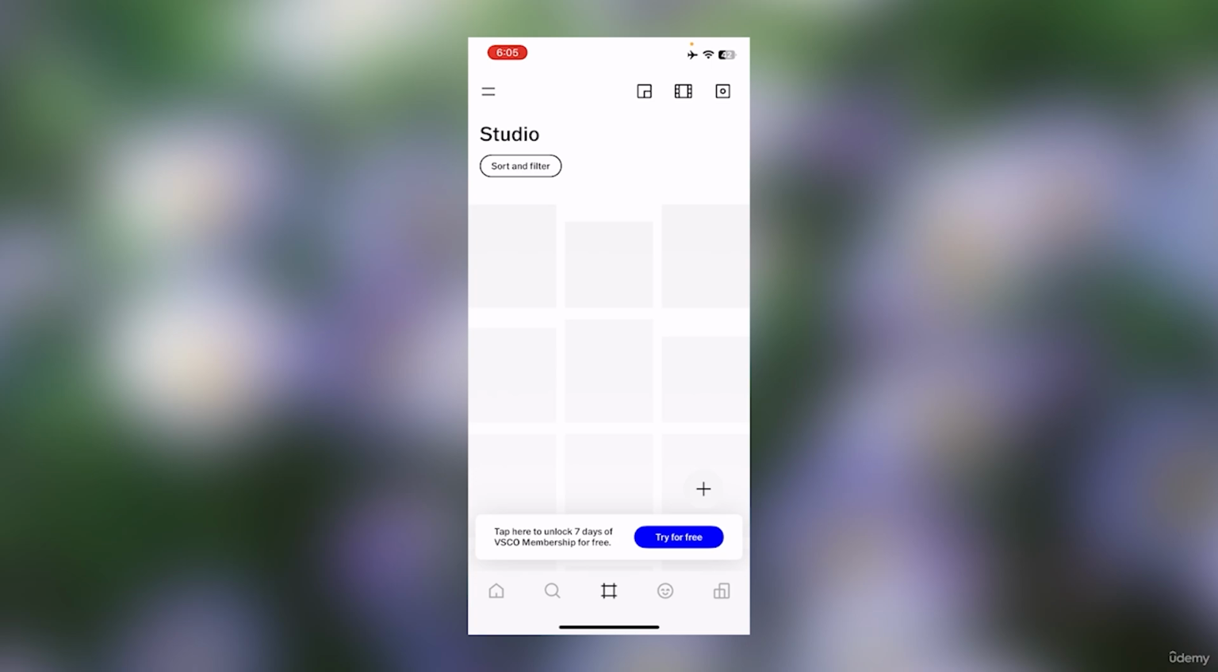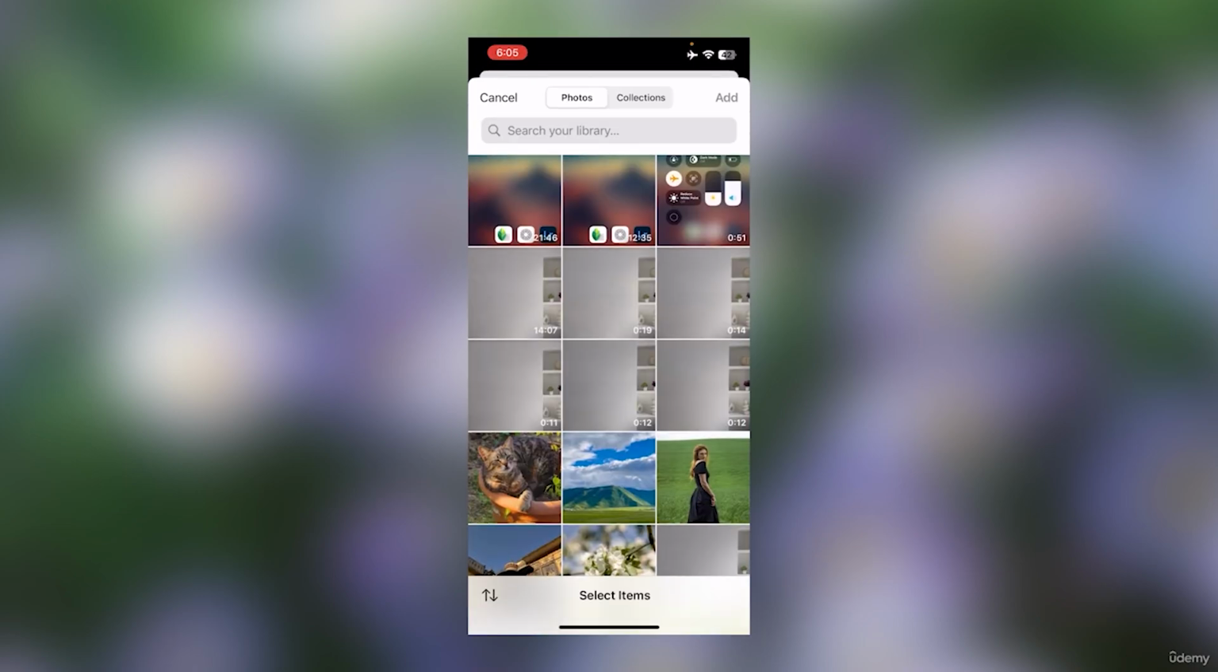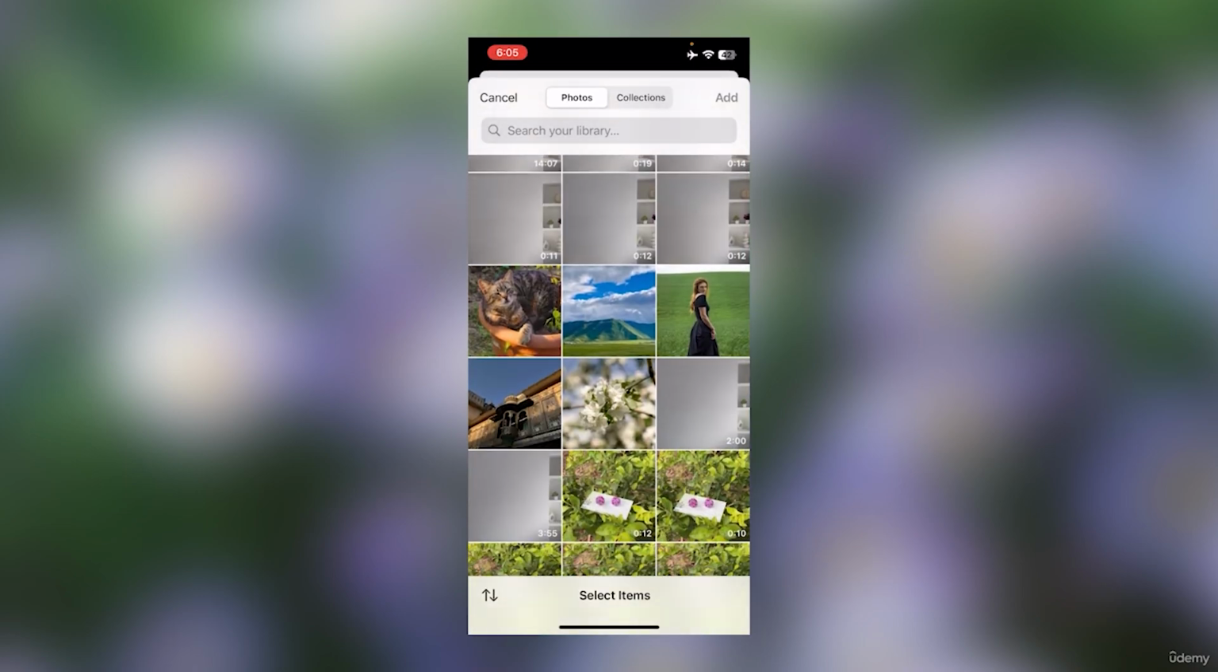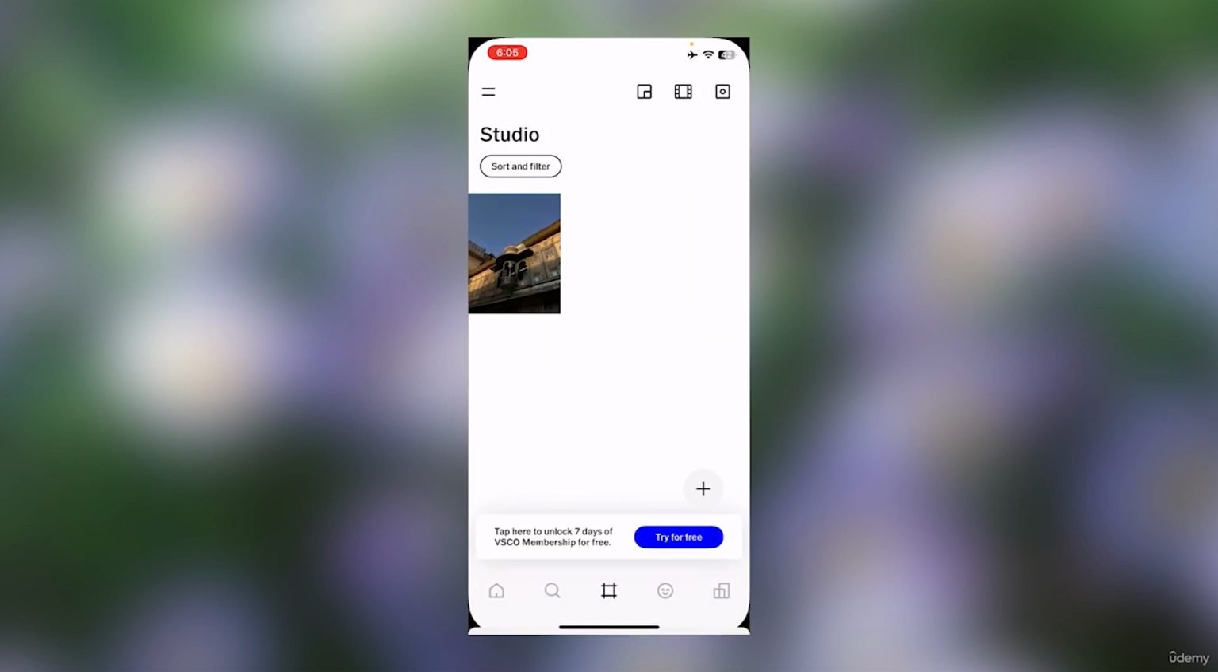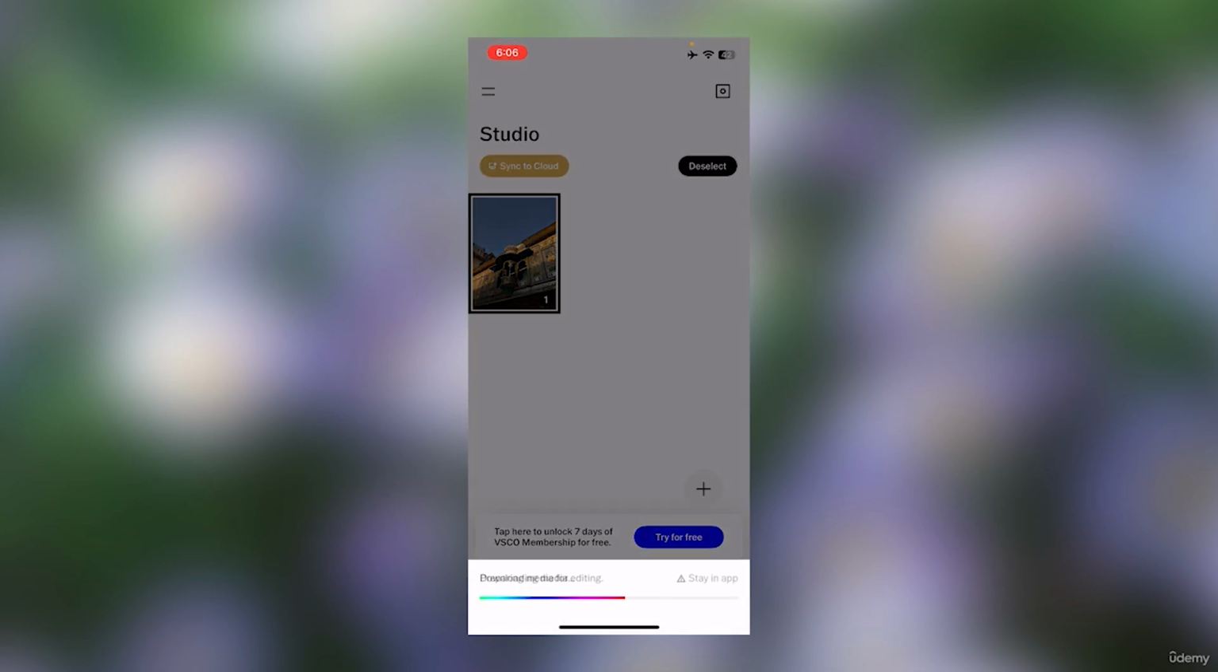Personally, I don't recommend paying for the VSCO app because it is not worth it, but to each their own. Click on the plus icon to import a photo. Let's edit this vintage shot. I think it is the Rajasthan's city palace, Udaipur city palace rather. So let's see. Click on edit image